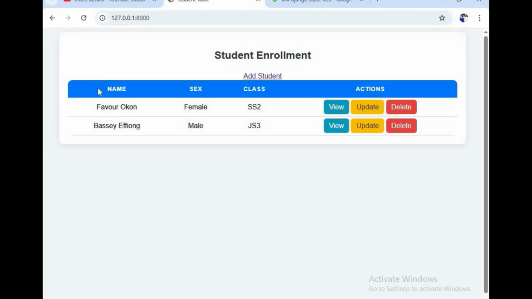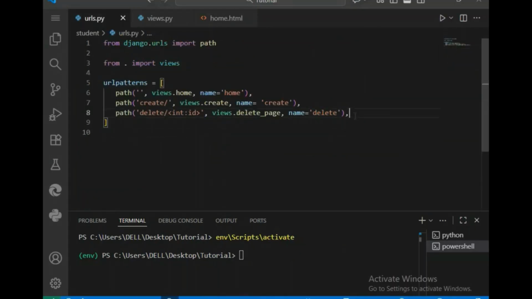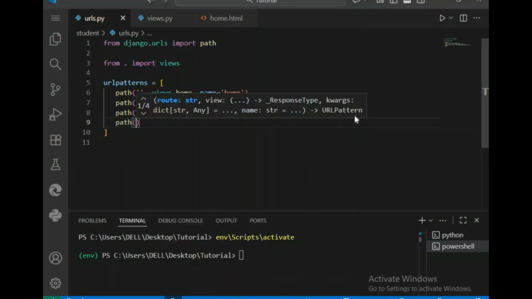Now let's create this view. If you look at this name, sex, class, it is not the full detail of these students. Once you click on this view, it should take us to a more detailed page to view other information like the parent name, parent phone number, the date of birth of that student. So for us to do that, we still need to go back to our URLs and also create a path and call this